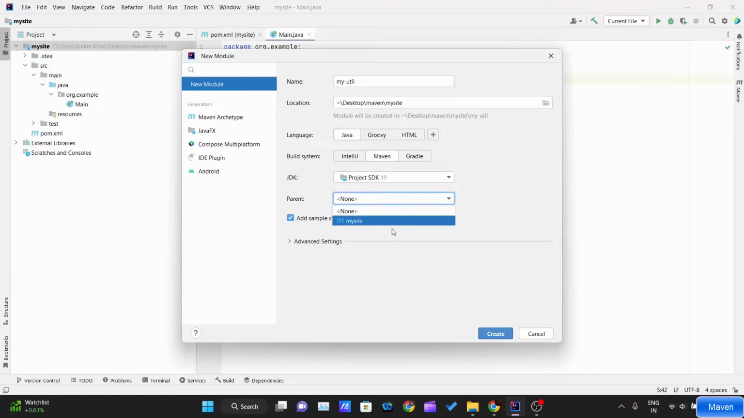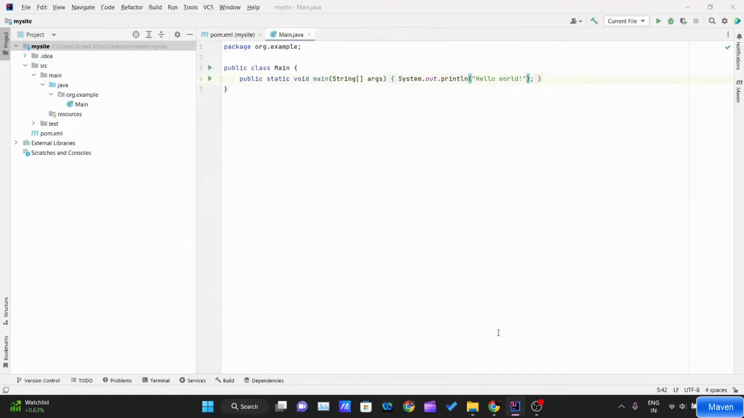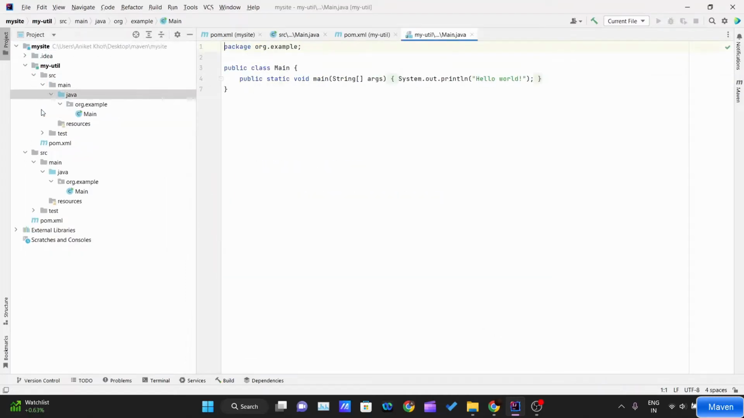But now I want this module to come under my site project. So to do this, I will select the parent as my site, and I will go ahead and create my module. As soon as I create my util pack module, you can see my util folder is created, and inside it has its own pom.xml file, and there is one pom.xml file which is our main project's pom.xml file,